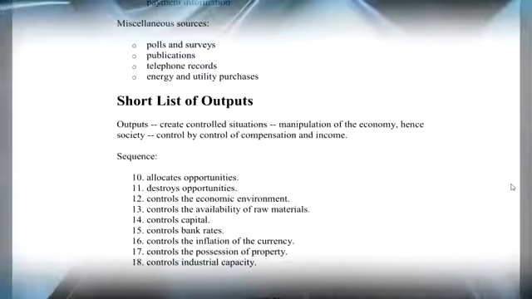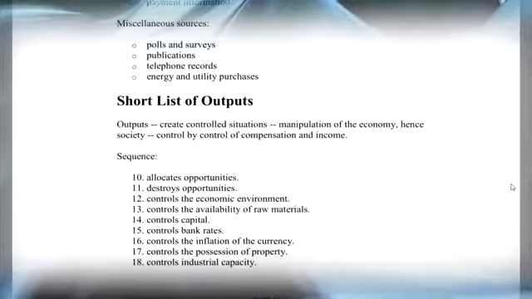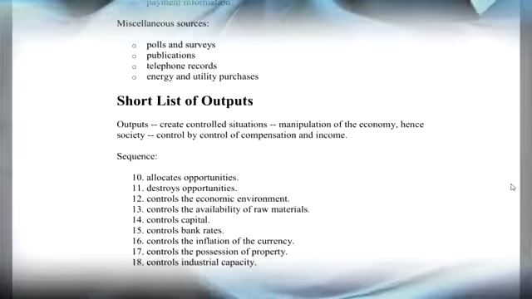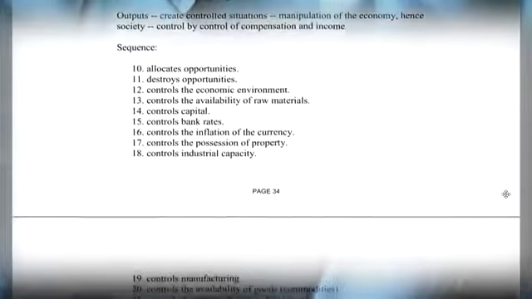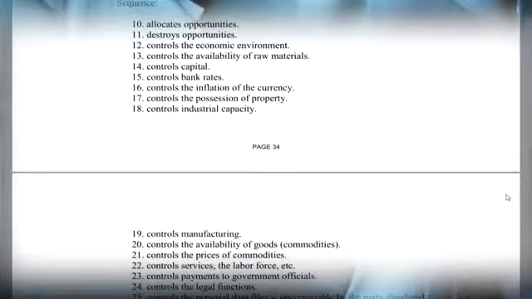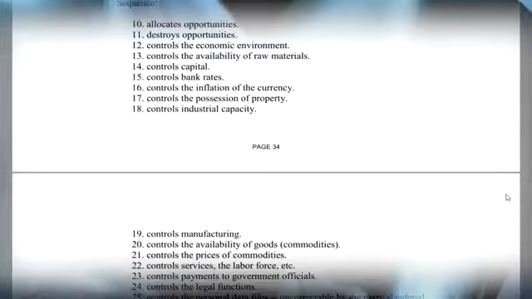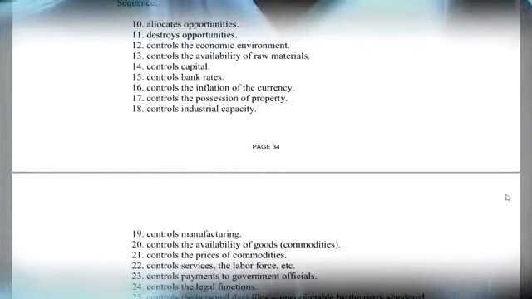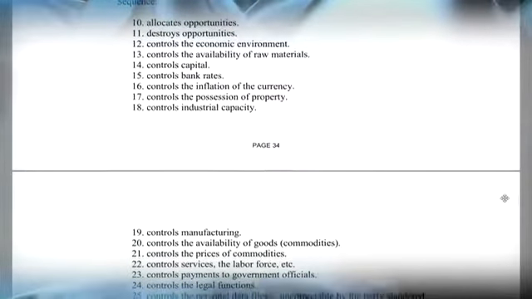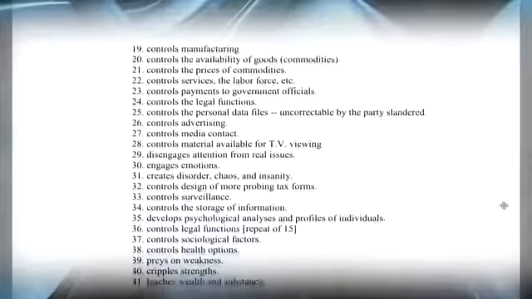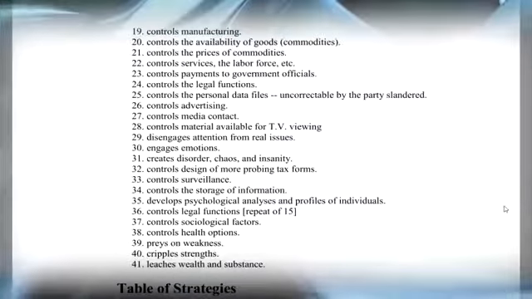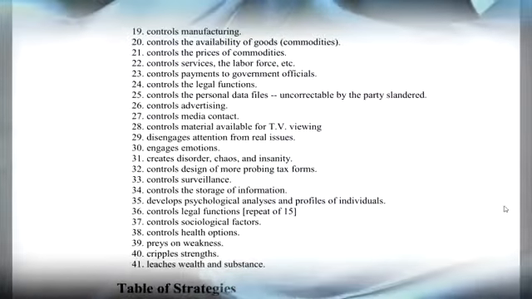Outputs create controlled situations, manipulation of the economy, hence society, control by control of compensation and income. Sequence allocates opportunities, destroys opportunities, controls the economic environment, controls the availability of raw materials, controls capital, controls bank rates, controls the inflation of the currency, controls the possession of property, controls industrial capacity, controls manufacturing, controls the availability of goods or commodities, controls the prices of commodities, controls services, the labor force, etc., controls payments to government officials, controls